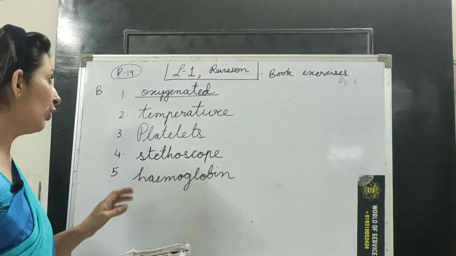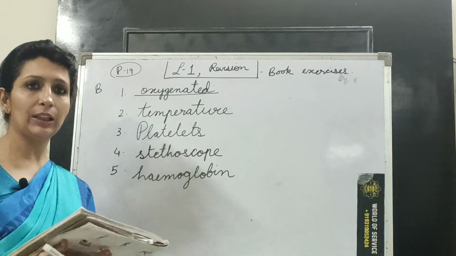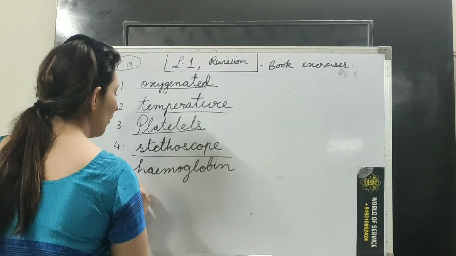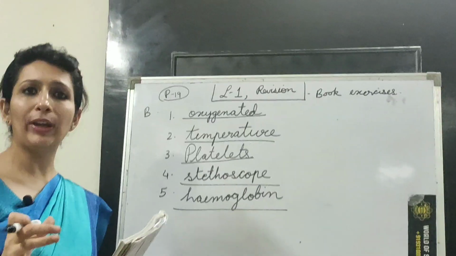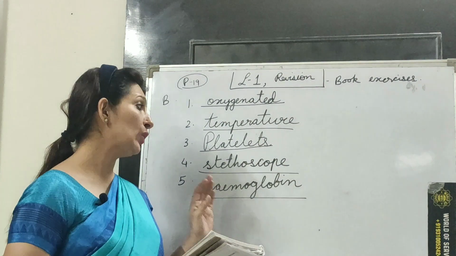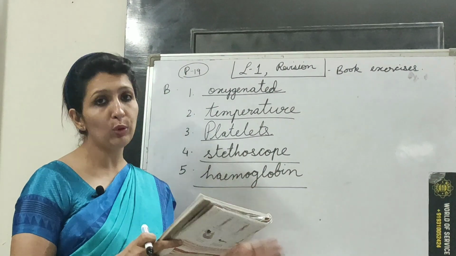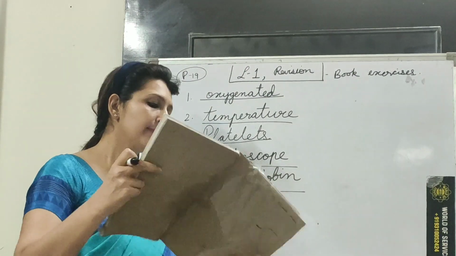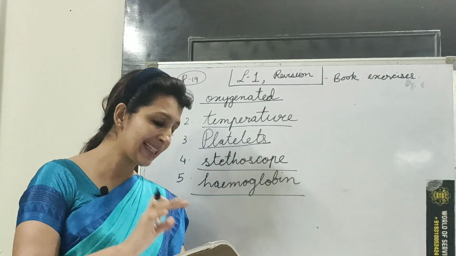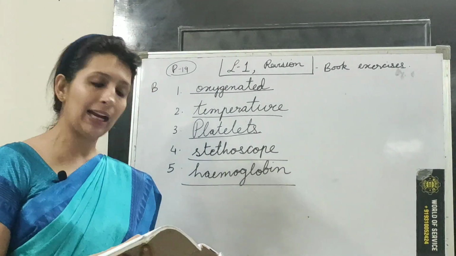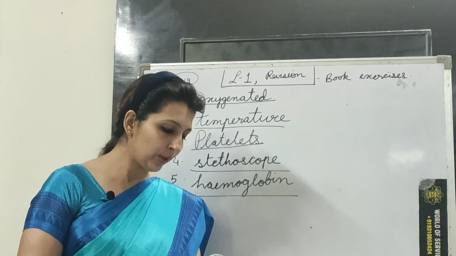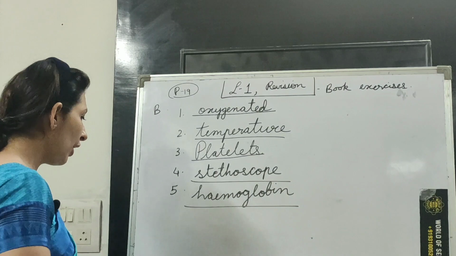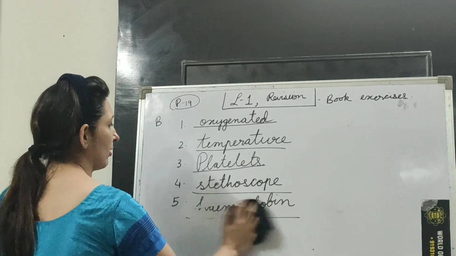Children, make sure that your spelling is not wrong. Okay, so recheck your spelling. Temperature, platelets, stethoscope, hemoglobin. Now they are actually very big spellings. So you need to learn them well and see that in the book you don't make any mistake. Okay, now let's move ahead. Children, now C part we will discuss a little later because that is your copy work. Before that we will come to the D point, that is give reason. Okay. Now before we start, I will rub this first.